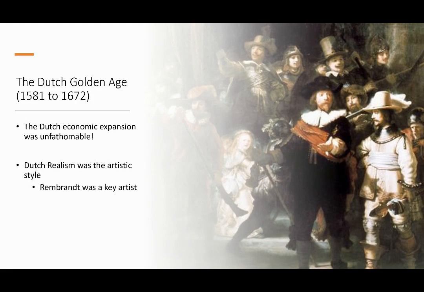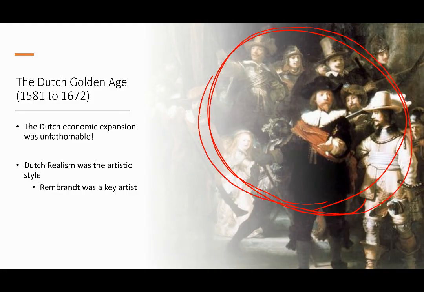What we see here, Dutch realism, this is a piece. Dutch realism was the new cool artistic style. And the most famous artist was a guy named Rembrandt. I've seen his birthplace. It's kind of cool. But again, this piece is called The Night Watch. I had the privilege of being in Amsterdam two summers ago, and they were actually cleaning this piece. If we ever get back in class, I'll probably show you some photographs.